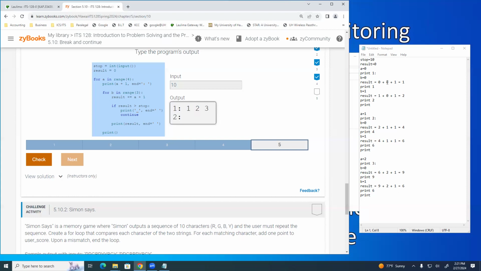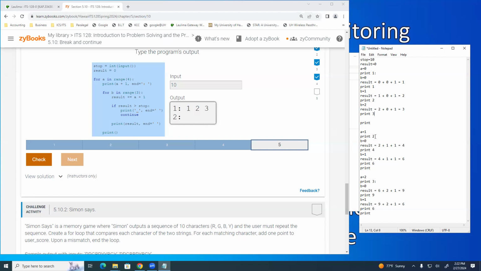Result plus A plus 1. Two. Okay, so it does that. And 3. And then we print the line feed, and then we come down here, and A is equal to